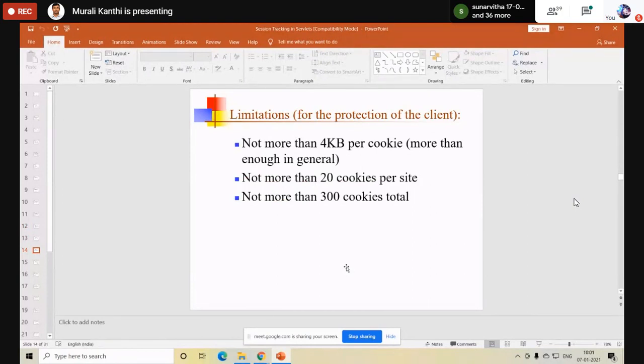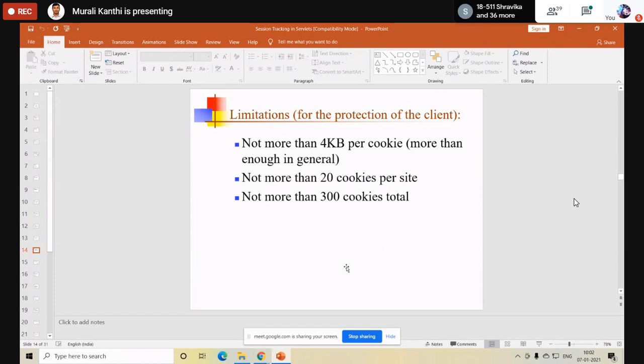Not more than 4 KB per cookie, not more than 20 cookies per site, and not more than 300 cookies total. A cookie is going to store only this much data, 4 KB. Not more than 20 cookies per site: for any site, more than 20 cookies are not possible to store.